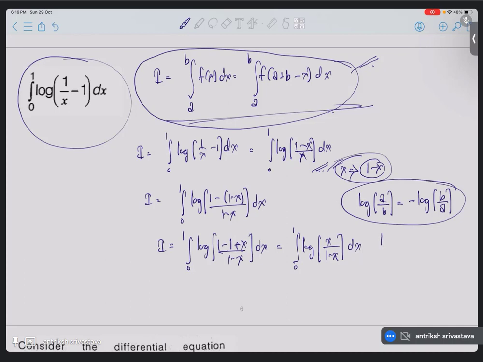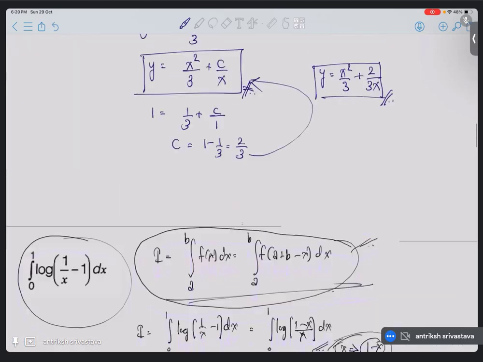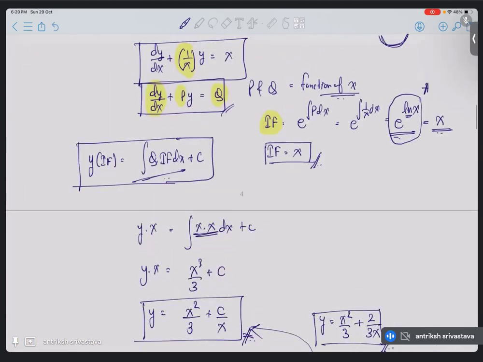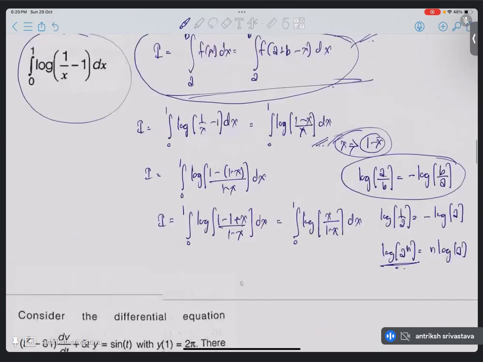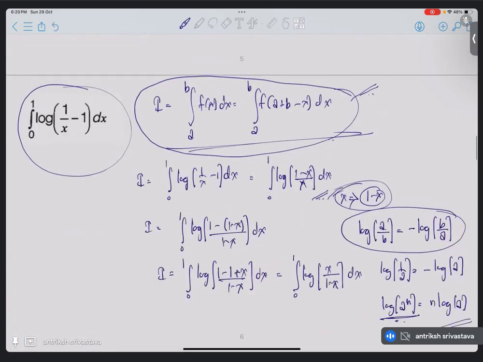More generally, log of 1/a is minus log of a, and even more generally, log of a to the power n is equal to n log a. Okay, we use this here. So when you use this concept here, you will see that